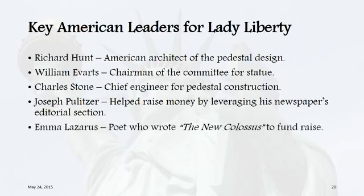Emma Lazarus, a native New Yorker, contributed to one of the most well-known pieces of art inspired by the Statue of Liberty and its optimistic message to the world's disenfranchised people. Her sonnet entitled The New Colossus, written in 1883 for an auction to raise funds for the pedestal, was a tribute to the symbolism of Lady Liberty. In the past, many large monument statues were really meant to deter enemies or represent the strength and wealth of a nation. But this is not so for Lady Liberty, as Lazarus writes, and I quote,